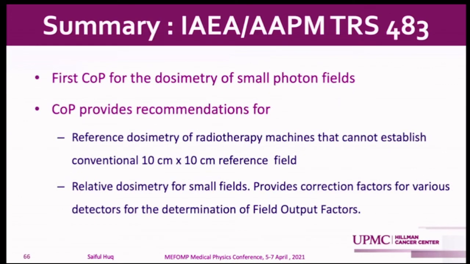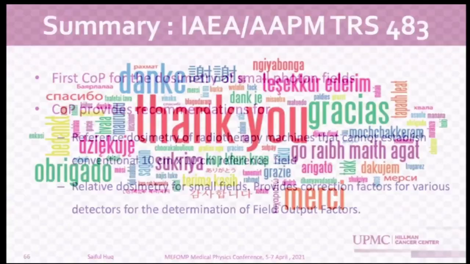Then to summarize, this is really the first code of practice for the dosimetry of small photon fields. And it really took us over 10 years to develop this code of practice. This code of practice gives you recommendations for reference dosimetry for radiotherapy machines that cannot establish a conventional 10 by 10 reference field. And it also gives you the output correction factor data for relative dosimetry. And as I said, perhaps this is the most significant contribution because there's a lot of data in the literature where you saw these output correction factors were significantly different from chamber to chamber, which led to many accidents in the community. With that, I thank you again for